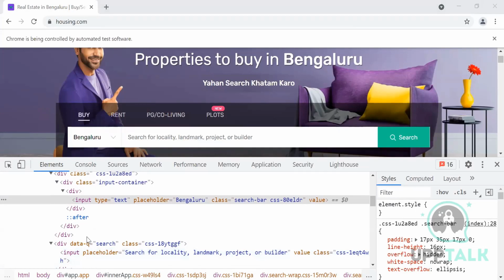Okay, John has given one with the class. The class is search-bar-css-ateldr. That's a perfect one, which gives only one result. But I have one suggestion: there are some white spaces in the class value. So can we try something with